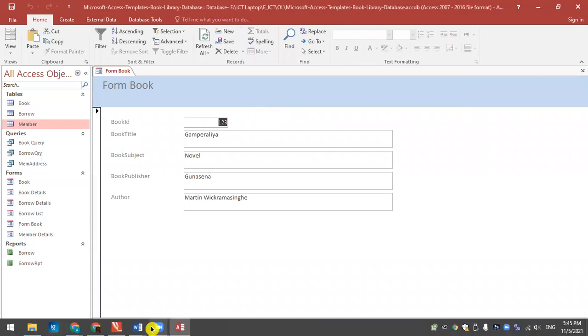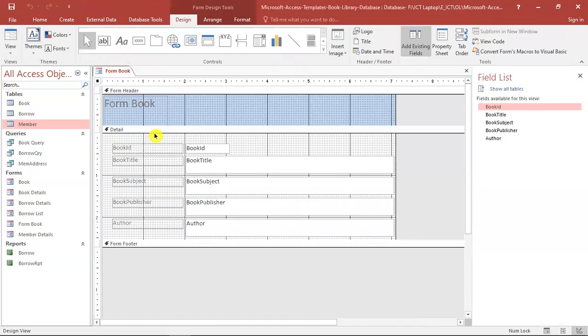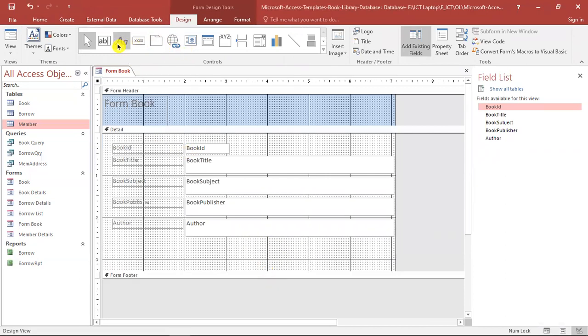This is the form, and we can navigate throughout the form, and we can see the examples. We can see the data inside, and we can enter using forms. We can enter new data using forms. That is why we call the form the object we can view and enter data into the database. So if you want to modify this form view, we can go to the design view, and we can add some features to that.